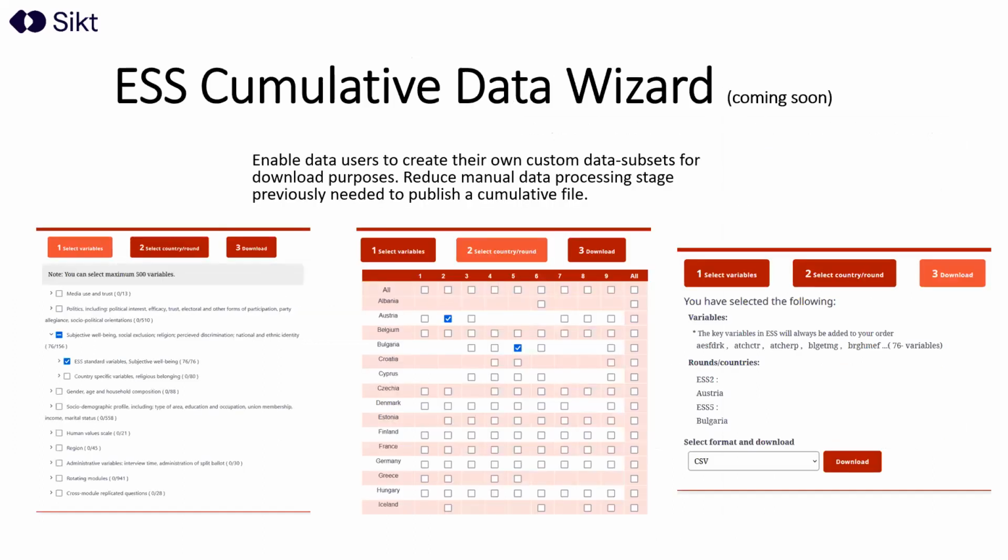And the Cumulative Wizard, we're building that, and it will be launched soon for ESS. With all 10 rounds of data, you'll be able to merge, slice, dice, and custom create your own thing. The biggest benefit of this